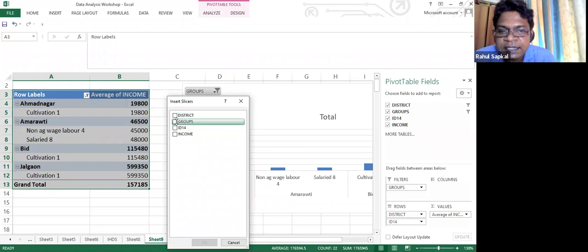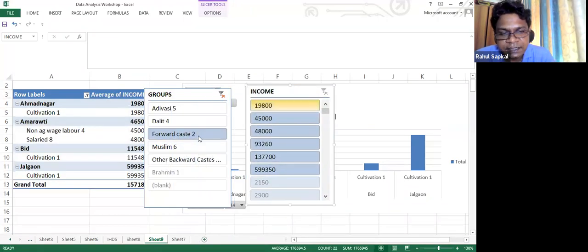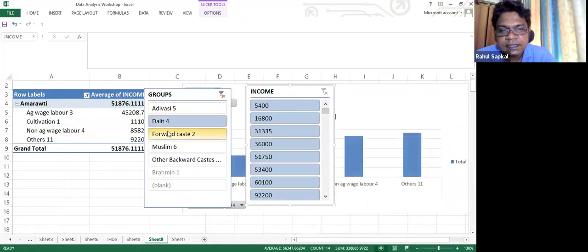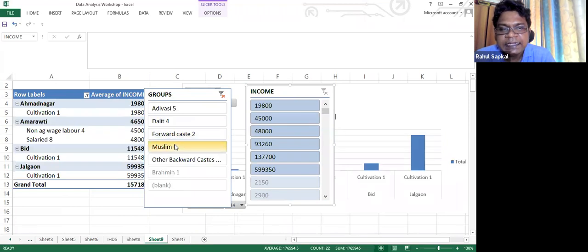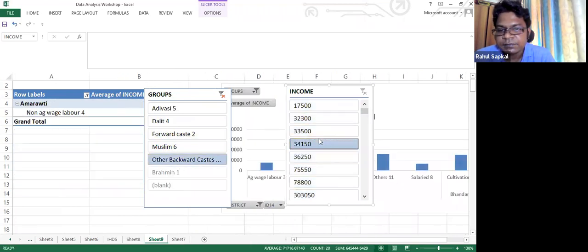So I'm going to add slicers to the group, because group is a smaller variation I have. So I'm going to add the slicer, and then I will just see their income. Okay, so my first slicers indicate the group of Adivasi, then Dalits, then forward caste, and this is their income. Okay, this is their income.